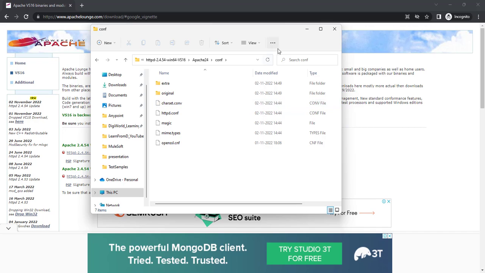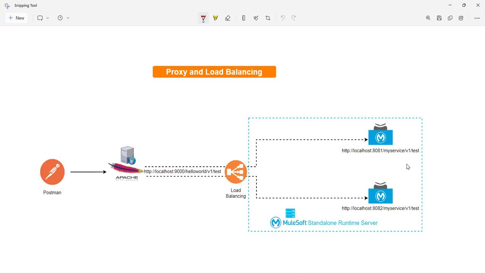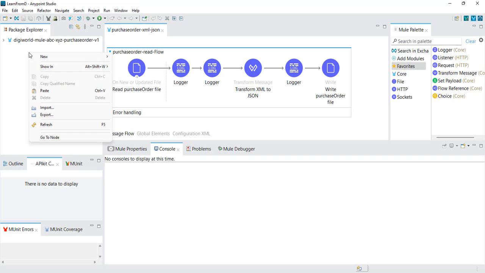But before that, what we would like to do is create our Mule service. That is this one. We want to create a service and we will try to run the same service. The service will provide the same response, but we will run the same kind of service on different ports. Okay, so these are two Mule services which we want to run in the Mule standalone runtime server. To make it very simple, we will create one application and